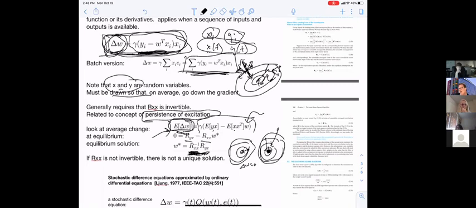But depending on where I started, I might get to one minimum or the other. They're both minima. So the question is, do you get to the right minimum? And can you get there at all? The other way in which you can run into problems with getting to minima